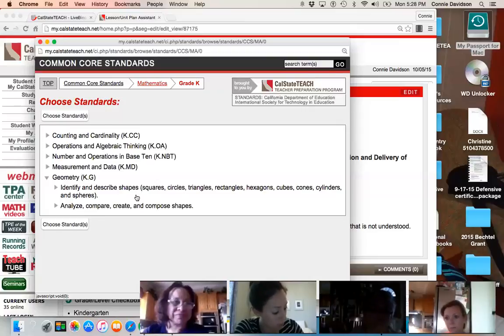Given the shape of a square, the student will be able, oh shoot, don't tell me this. This is just the dumbest thing. I went in on the right one too. Okay, and